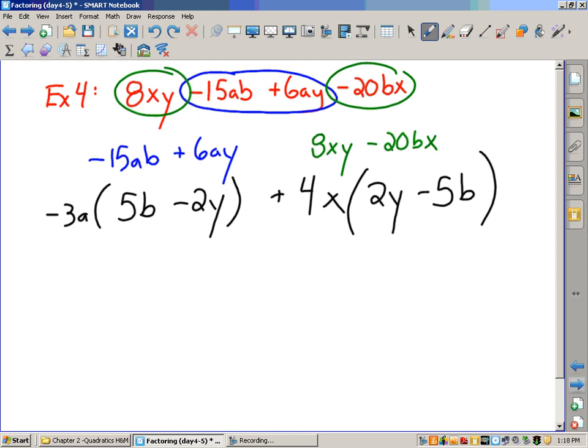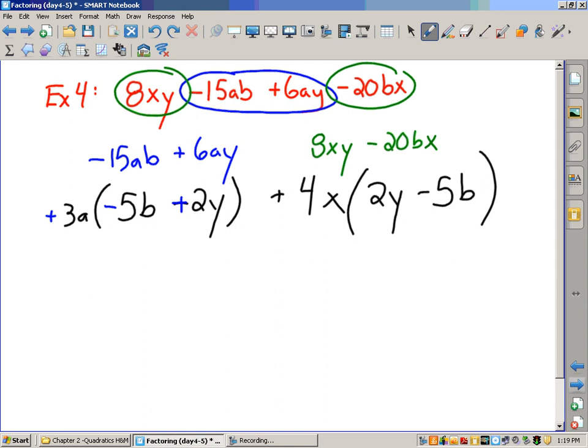Just take negative 4x out. Well, I could have done that, but I don't like that because then I'm going to have two negatives here. What I really should have done is, because this has no powers, I know I always say factor out a negative if possible, but this really is not a leading coefficient because there's no greatest power in this. So I'm really just going to take out a positive 3a, which helps me because that's now a negative 5b